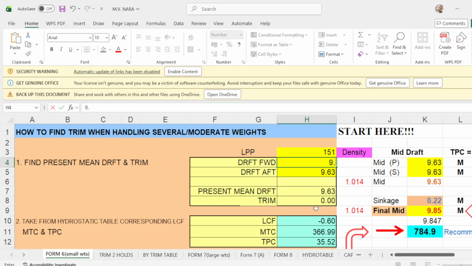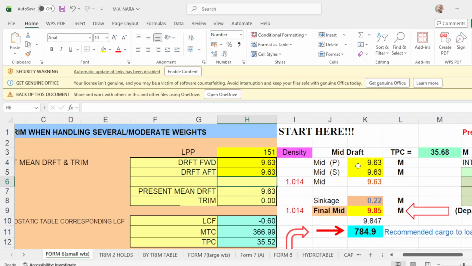The aft draft is also 9.63, the port mid reading is also 9.63, and the starboard mid reading is also 9.63, meaning there's no list and even keel.